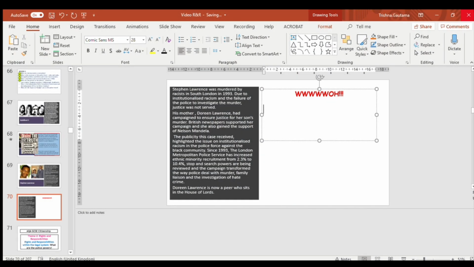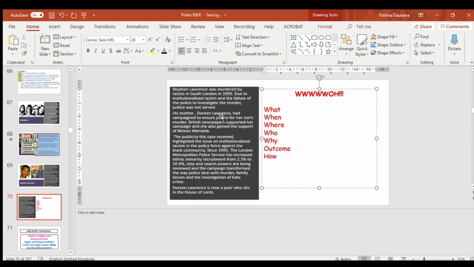There are quite a few case studies in citizenship, and it's important for you to know a good few of them so that you can apply them in your 8-mark responses. In order to get those top marks, you need to provide evidence, and this is where case studies are useful. You do not need to know all your case studies inside out and in huge amounts of detail, but you should know basic information and be able to apply it to the correct questions. I like to encourage my students to use the WHOA strategy. This involves what, when, where, who, why, outcome, and how. Let me teach you how to use this.